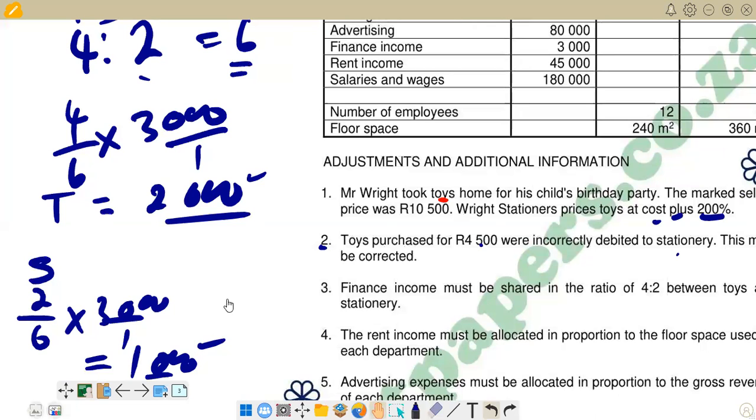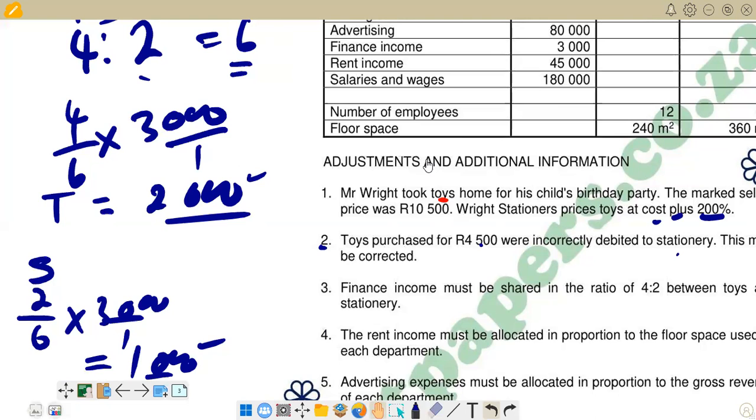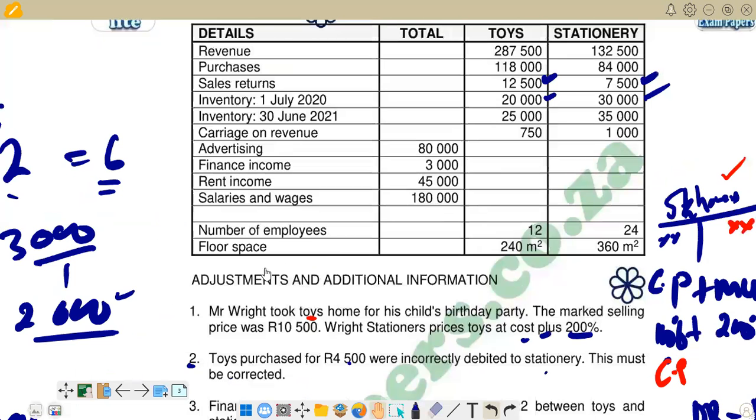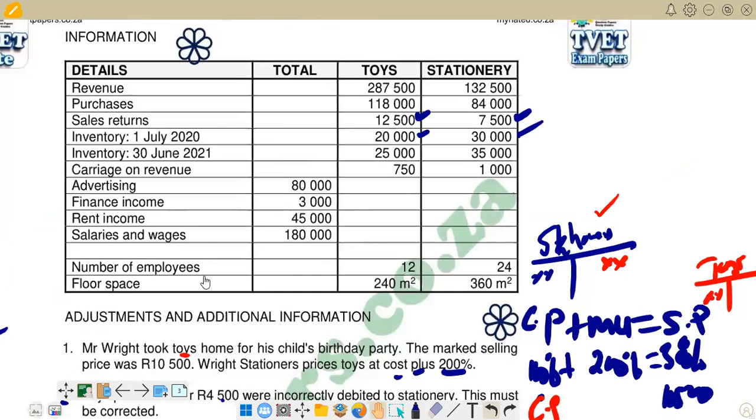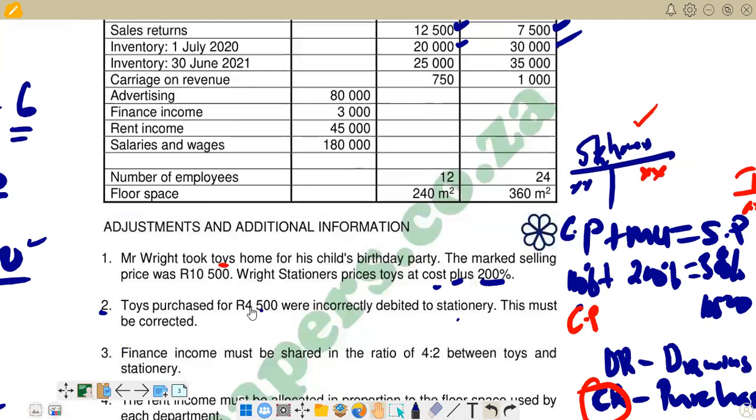So we go to the question, the list of balances. We go on the list of balances and see what other income we have. So you see that just beneath finance income, we've got rent income, 45,000. So we would want to see again how we are